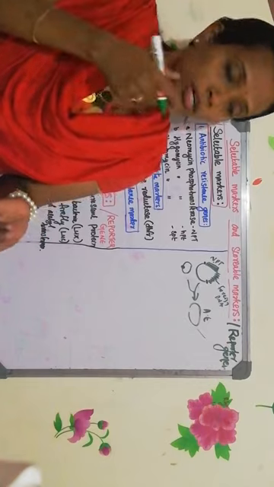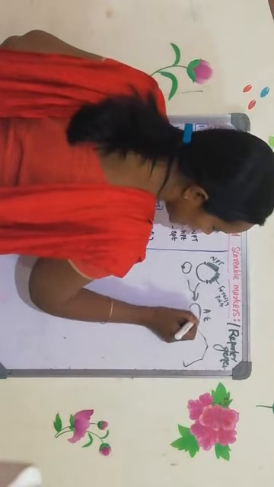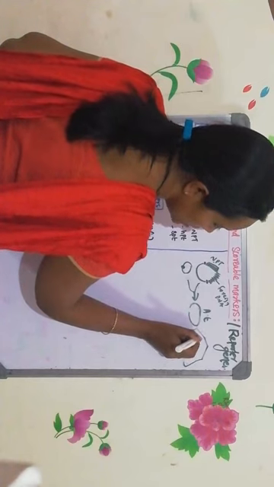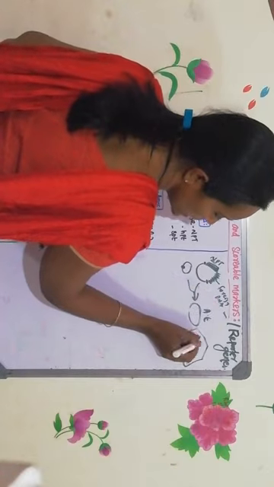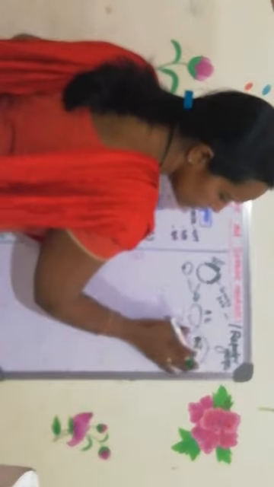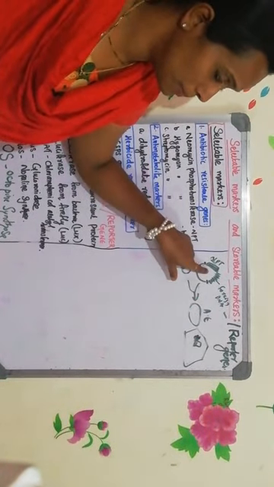Since it has the wounded side, the Agrobacterium will adhere to the plant cell surface, and then it will transfer the foreign DNA into the plant cell. What is that foreign DNA? It has the neomycin phosphotransferase, and the other one is the foreign gene. So this will be introduced into the plant cell. Now we have to select the plant cell. You have to check whether the plant cell has taken up the foreign DNA.